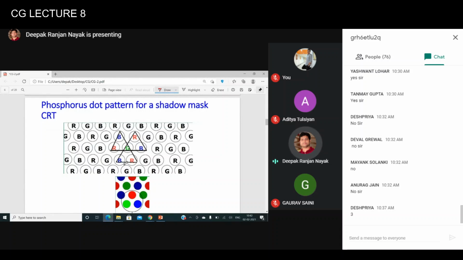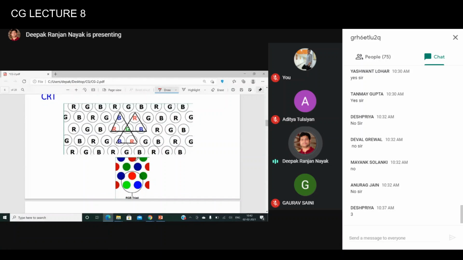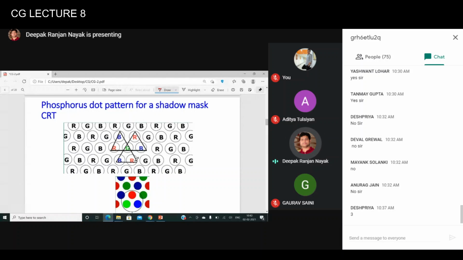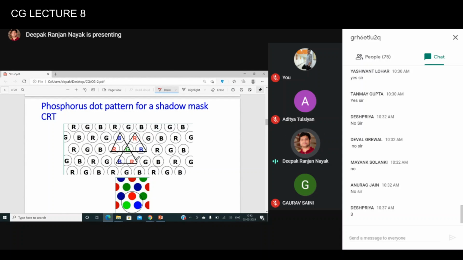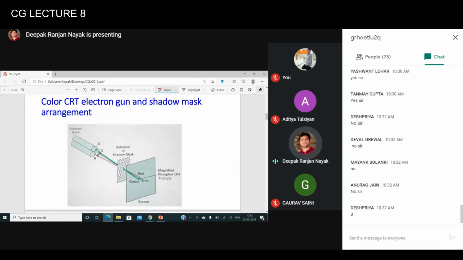Now, if we talk about examples based on this color CRT, monitors or shadow mask based systems, they are nothing but the TV monitors and all. We all know that. And if you talk about the different types of colors, how many colors will be generated from this type of CRT based systems? We all know that millions of colors are possible using 3 different colors, right? If you remember the diagram of the RGB color space that we discussed, millions of colors are possible using these 3 different colors.